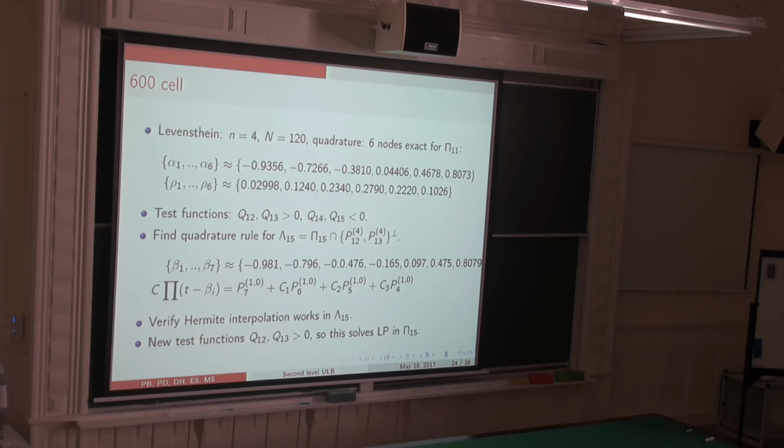So this is the first step when we move from 6 nodes in the Levenshtein framework, okay, degree 11. We move to degree 15 with skip P12 and P13, getting 7 nodes, and correspondingly, this is actually a 4-term combination of the Gegenbauer polynomials. These new test functions are positive, so this solves the LP in P15. How about